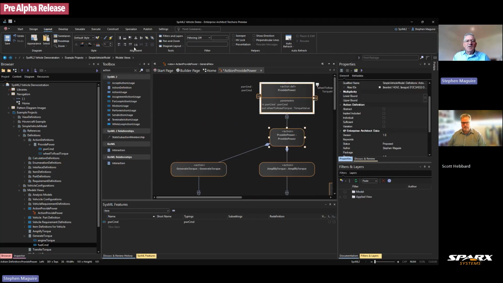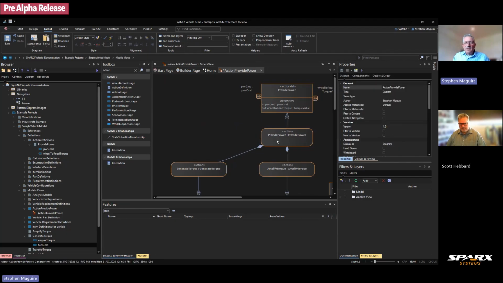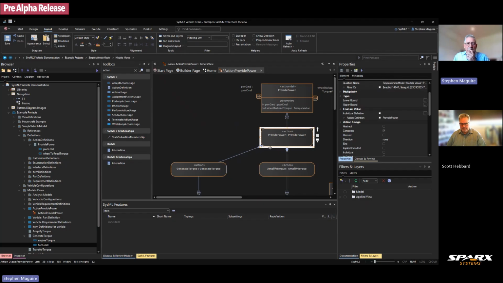That's part of the specification. Let's make those the same width as well and align their centers. But let's have a look now and see what's going on here. So there's an item and a reference inside the action def, but it's not inside here. So what we need to do is click this little tiny